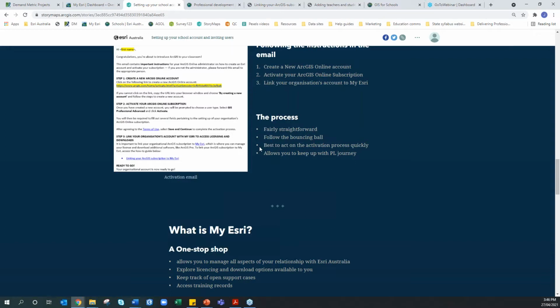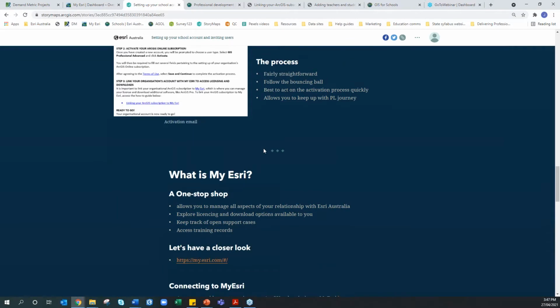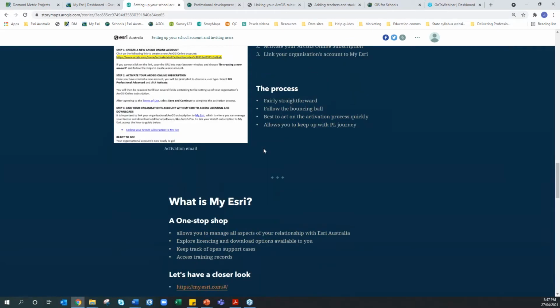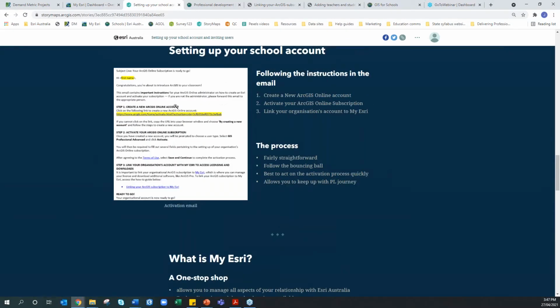I know that it's term 2's just begun. We've hit the ground running. That's all good. I'm not trying to point fingers or anything, but my advice is to get started as quickly as possible. So from there, once you have created your account and activated your ArcGIS Online subscription, step 3 is